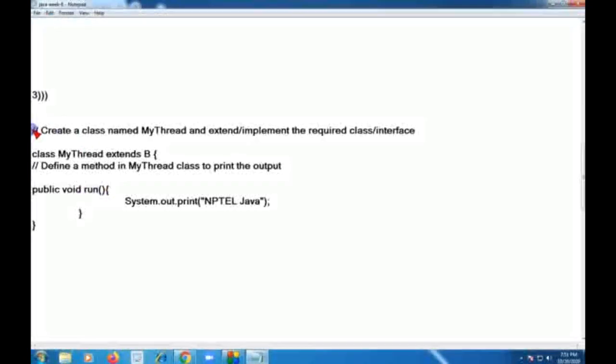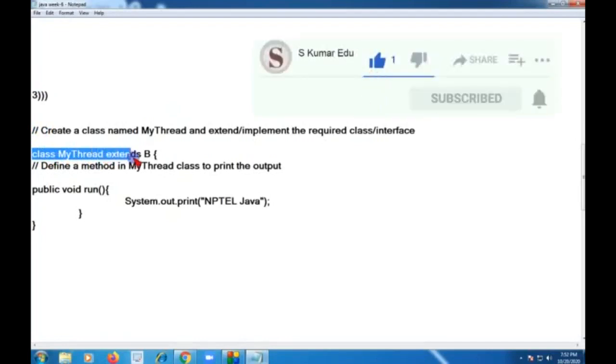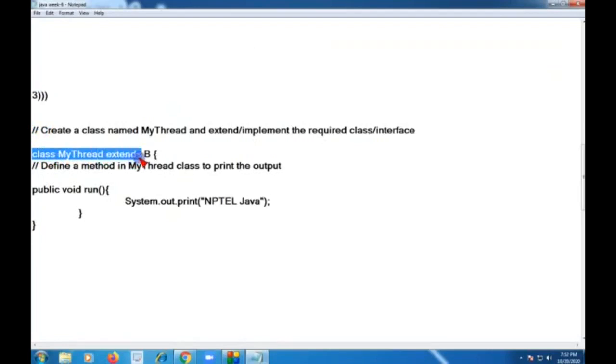So friends, this is already given in the question. They have asked us to create a class named MyThread, and using extend or implement we should use the class or interface. So I'm going to copy this, that is class MyThread as they have given, and I'm going to extend B, which is the name of another class.